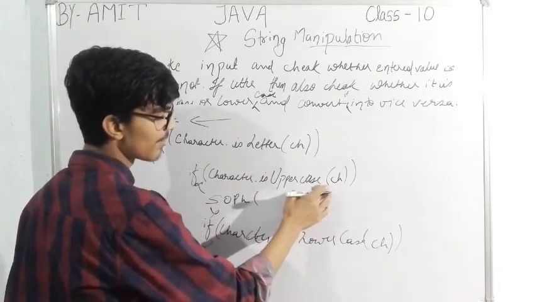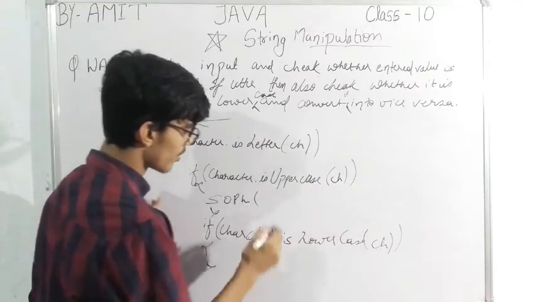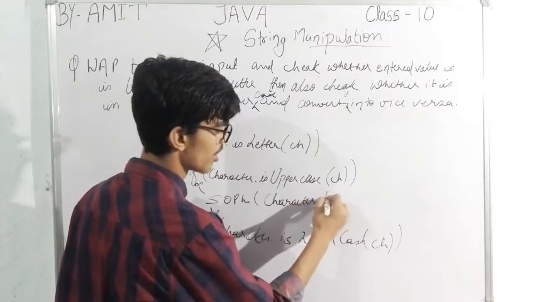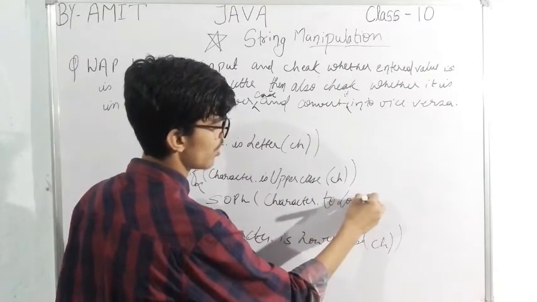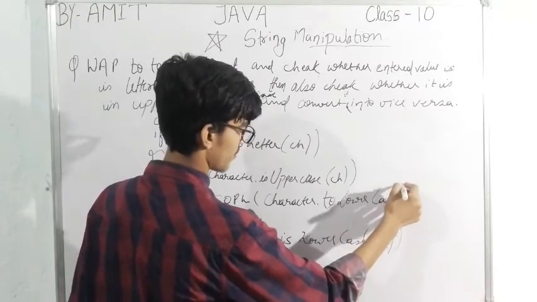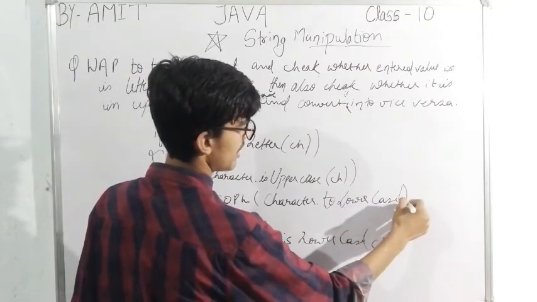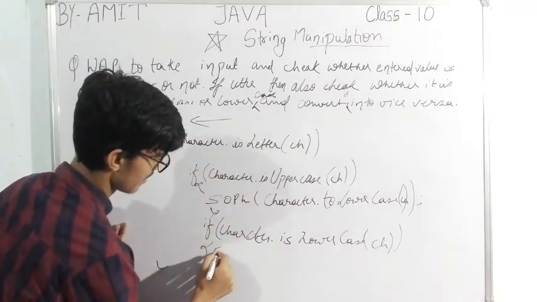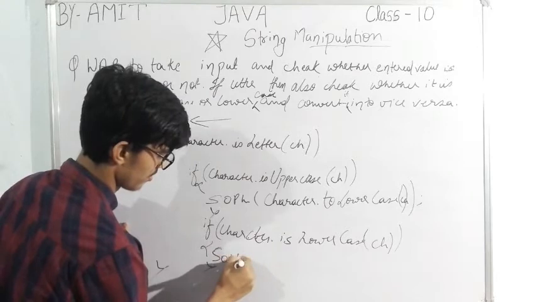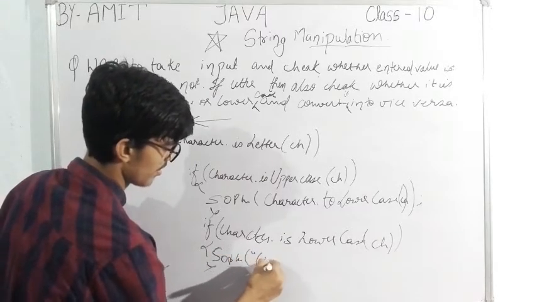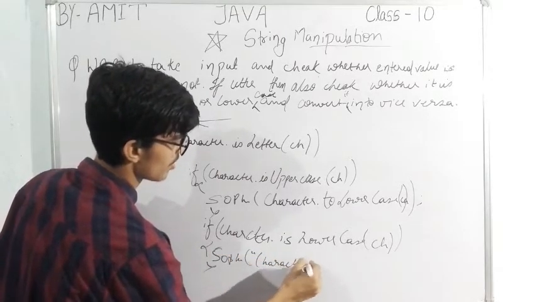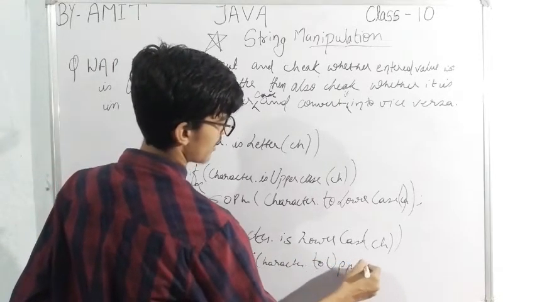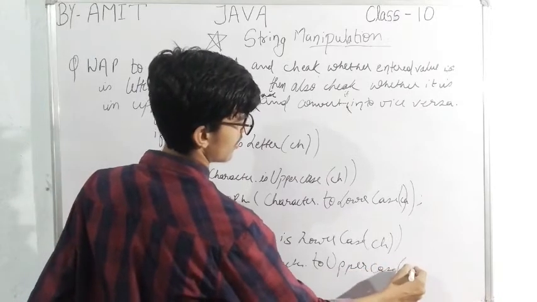If it is uppercase, then we have to print in lowercase. So we will write Character.toLowerCase(ch), and here we write Character.toUpperCase(ch),